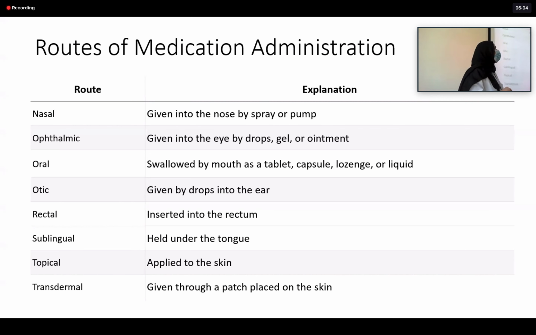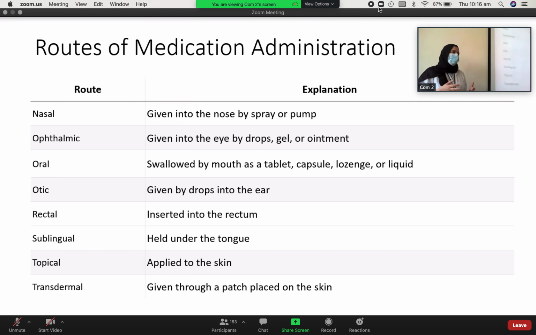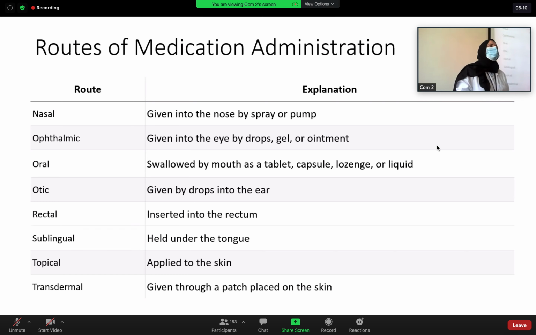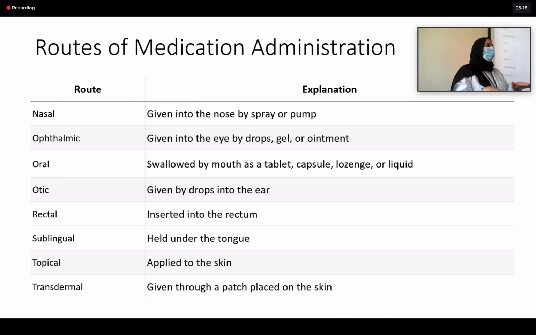And the topical here could be something applied to the skin, or it will exert an effect as a topical action. For example, one of the medications that we use as an antacid is called sucralfate. Sucralfate basically will form a layer in the stomach that will act like a topical protection to the GI mucosa. So that's a topical type of